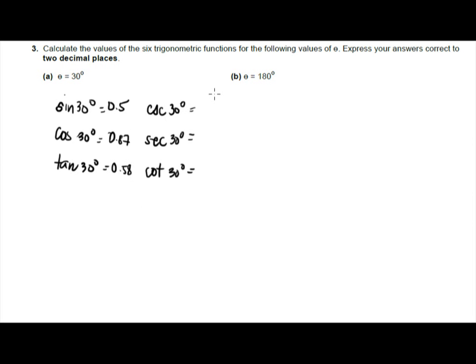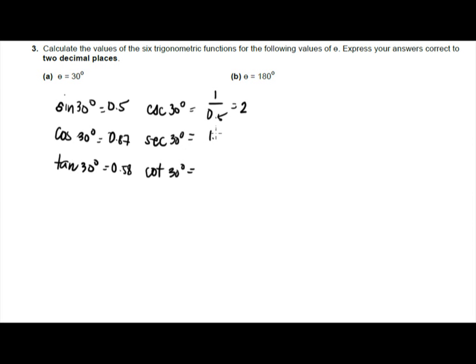To find the other three functions, cosecant is the reciprocal of sine. So if sine is 0.5, cosecant is 1 over 0.5. 1 over 0.5 is equal to 2. That's the reciprocal of 1/2, so that's equal to 2. And then secant of 30 is the reciprocal of 0.87, so 1 divided by 0.87, we will get